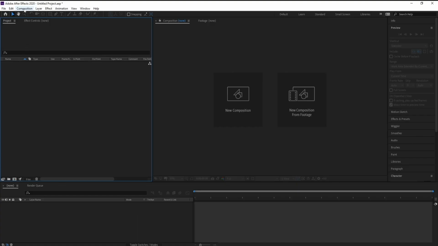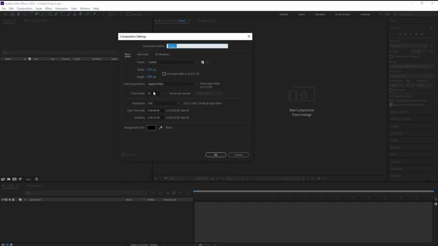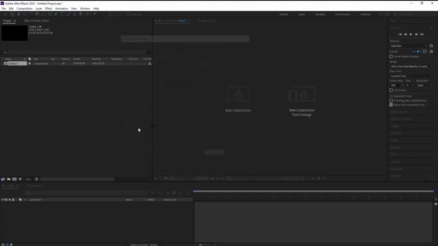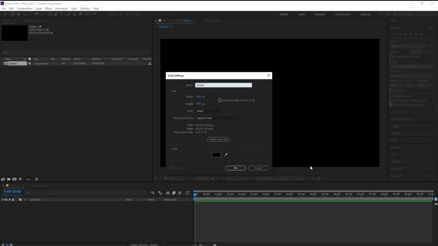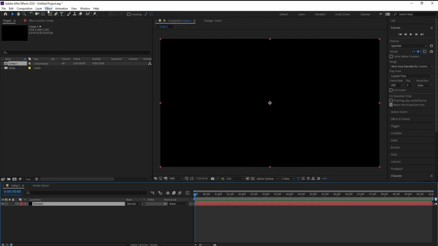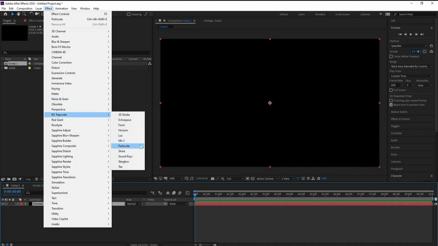Okay, now create a new composition and I'll make it full HD and 10 seconds, then press OK. Go to layer, new solid, and I'll call it smoke. Okay, go to effects, trapcode and particular,